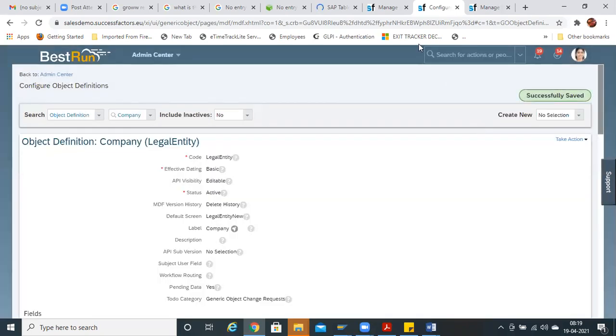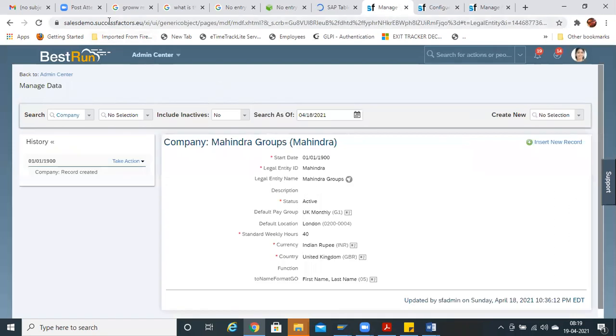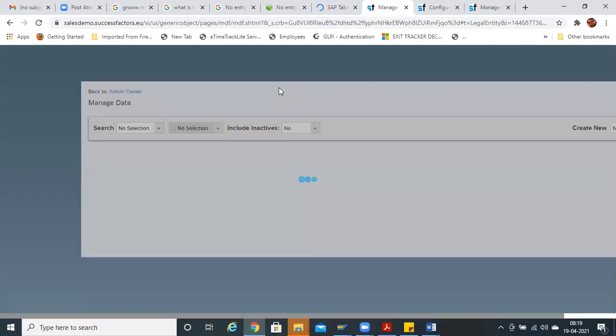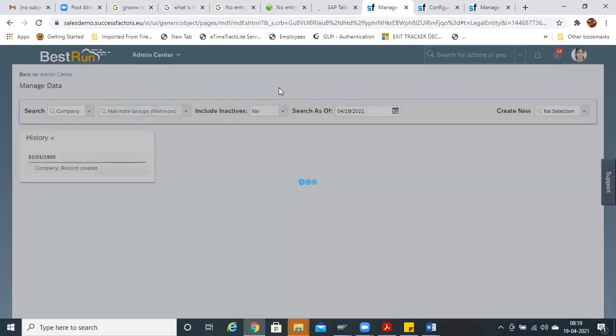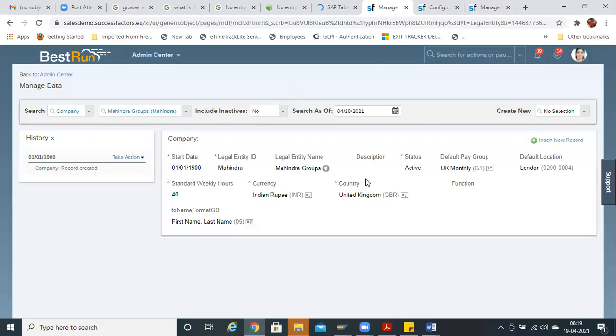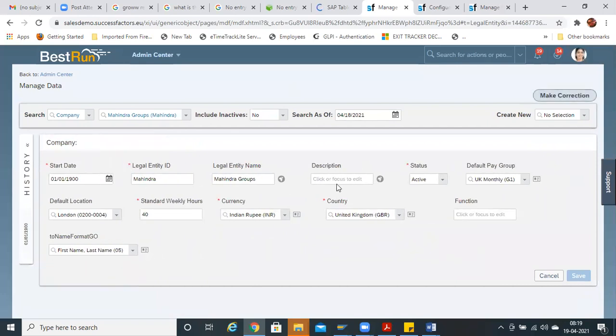Now come to manage data. Let us refresh this page. See, can you find the difference? It was first in this manner. Now it is like this. So basically it is used for that.